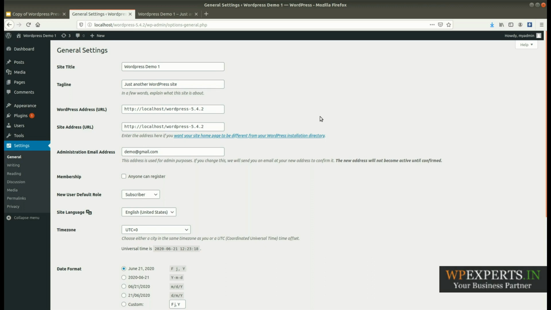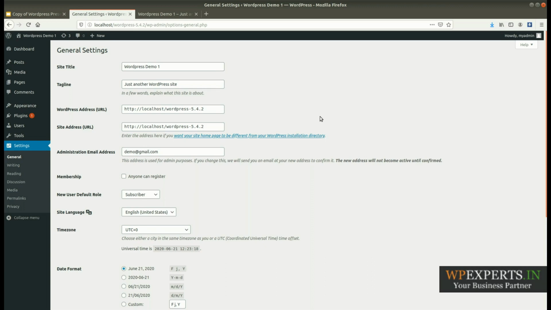So these settings will be clear. And the fifth one is the administrator email address. This email address is very important to manage all the email from your website. If you get any technical issue, WordPress sends the technical notification to this particular email ID, not to your user email ID. This is the main site email ID. You will get all the notifications from WordPress here, and if someone comments on your blog post, you will get the notification on this email ID as well.